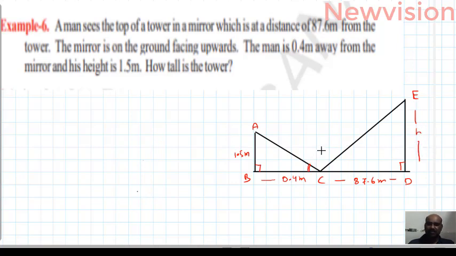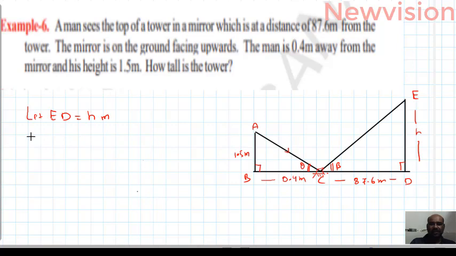The important thing is that these two angles are equal. This is theta, this is beta, they are equal. I will write the reason why they are equal. Here the mirror is placed here. This is the mirror. For example, this is the incident ray and this is the reflection. Theta and beta are complements of the incident ray and reflection ray, so they should be equal. Now I want to write one by one. First of all, let ED equal h meters.